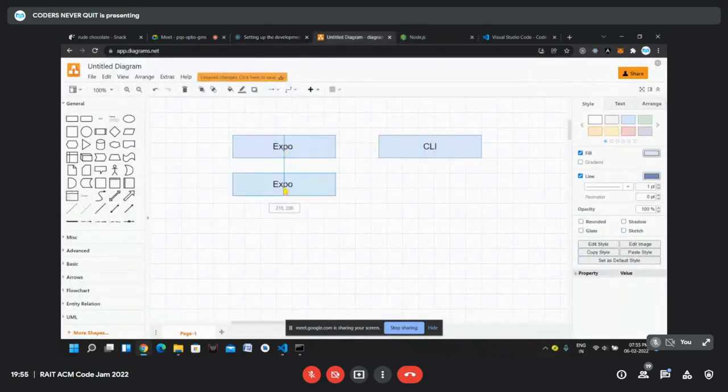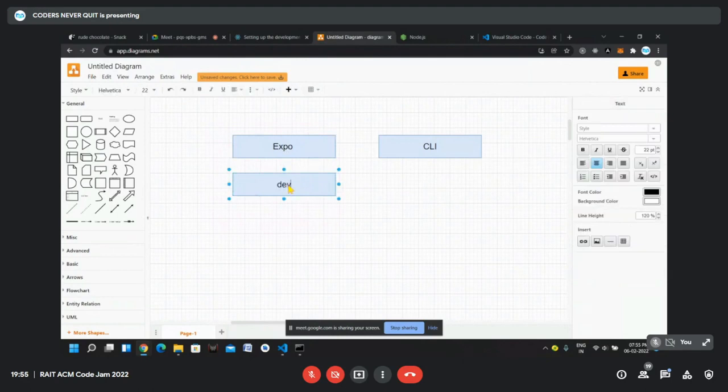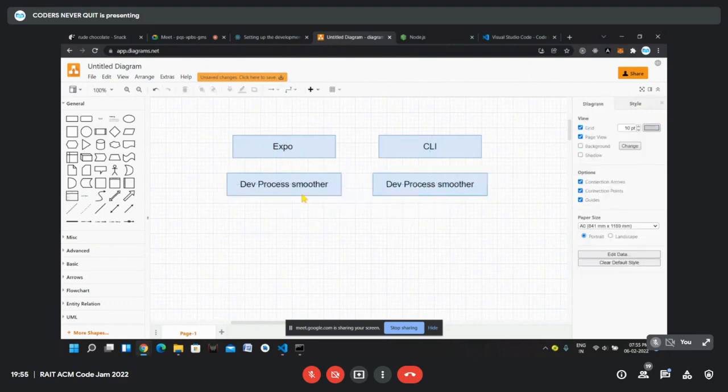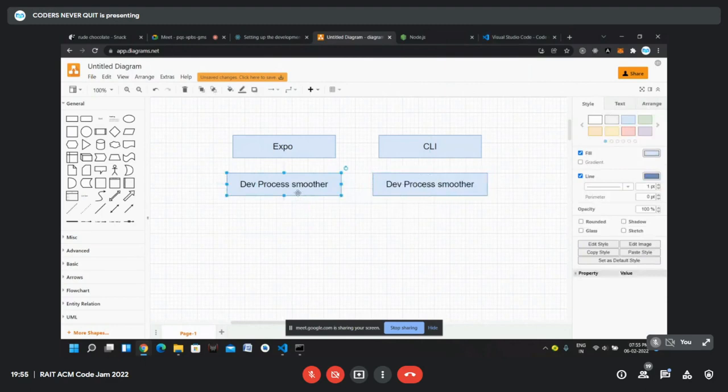So what is the difference between Expo and CLI? Right now we want to get started with React Native. So Expo basically makes the development process smoother, development as well as the learning process. And why I'm saying this, because you will come to know about this tomorrow when we will be building our actual applications. We will be learning more about React Native. It makes the development process smoother because